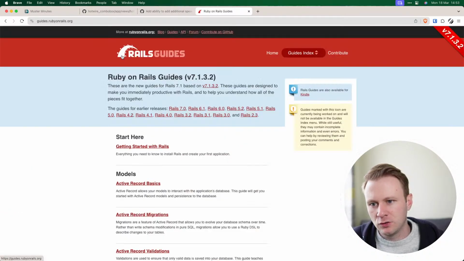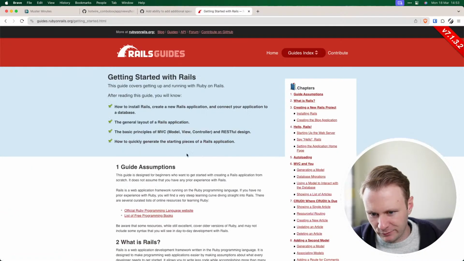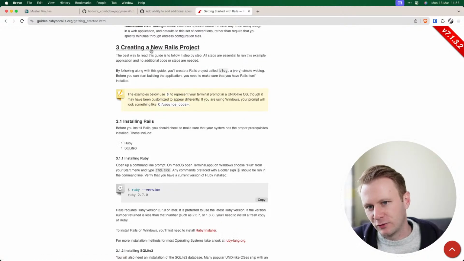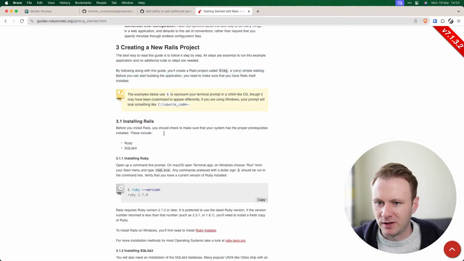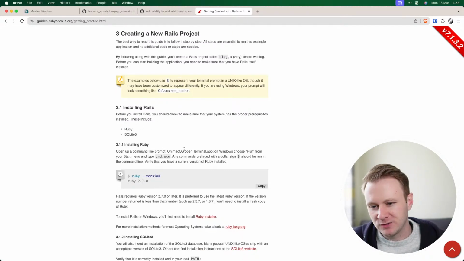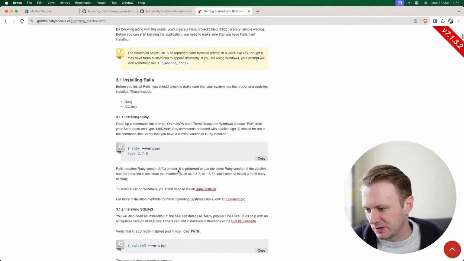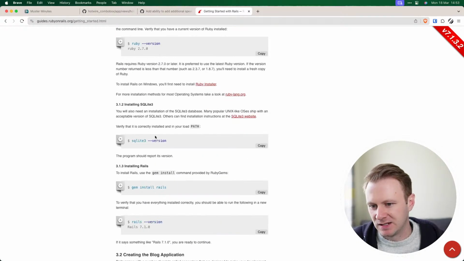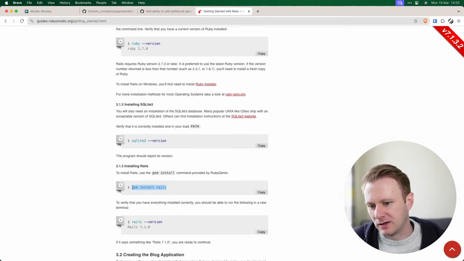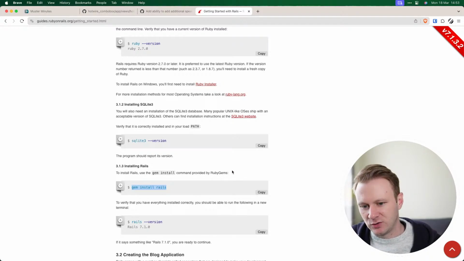If you go on guides, get started with Rails. This will go through a bit of a lengthy setup. It sets you up with creating a new Rails project, installing Ruby. Often Ruby's already installed on Mac. It's probably already installed. SQLite you'll need, or another database, depending on what you're going to use. And then use gem install rails in your terminal